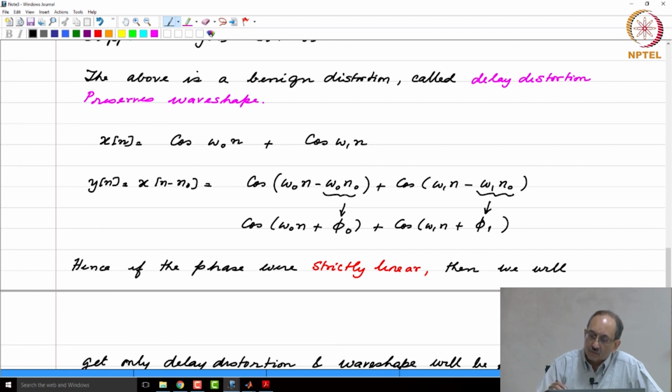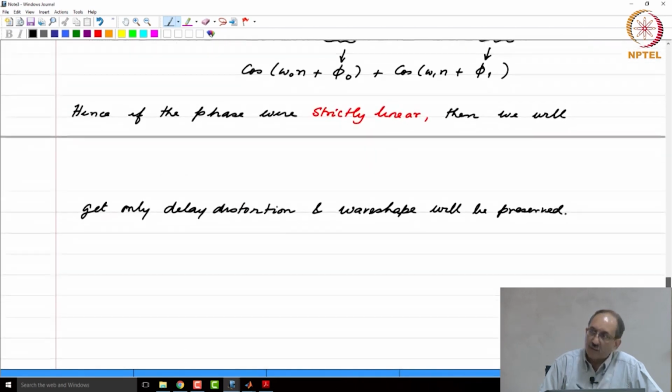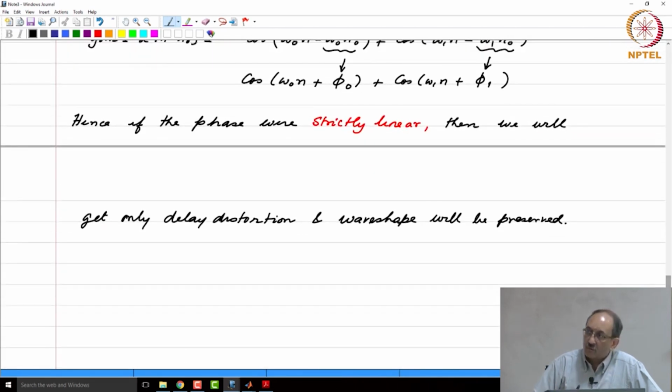So, all this tells you is if the phase response were linear, then all the components get shifted by the same amount. Therefore, the higher frequency signal, when it gets shifted by the same number of samples, the corresponding phase change will be proportionally more. Therefore, if the phase response were linear, then you can expect the input to be merely delayed, which also is consistent with the fact that a linear phase response gives rise to a constant group delay.